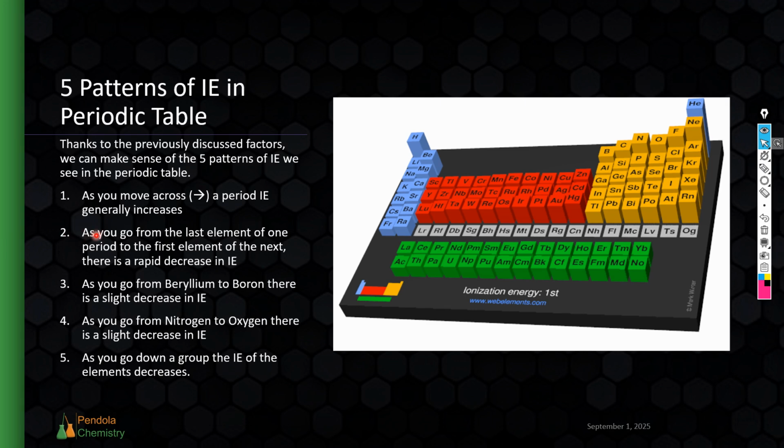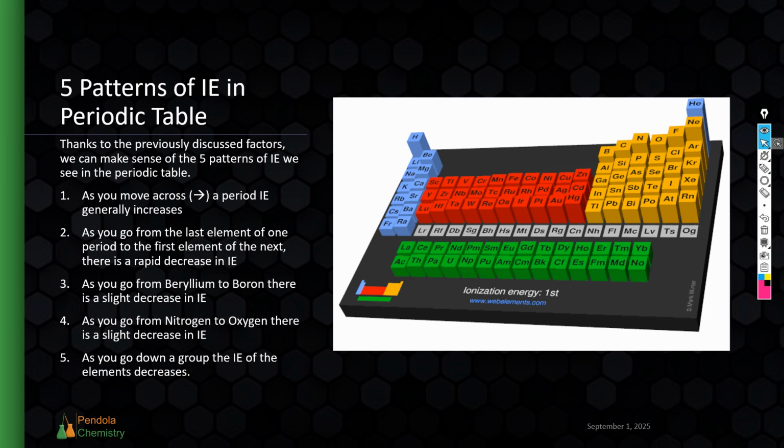Second, as you go from the last element of one period to the first element of the next, there's a rapid decrease in ionization energy. This is not something that we directly discussed, but it's something that makes sense if you think about it. As we go, for example, from lithium all the way up to neon, there is a general increase in ionization energy. What this next point is saying is that as we go from neon to sodium, the first element